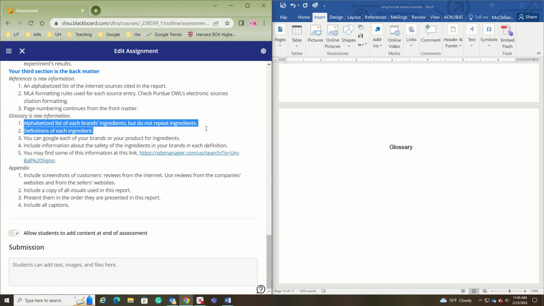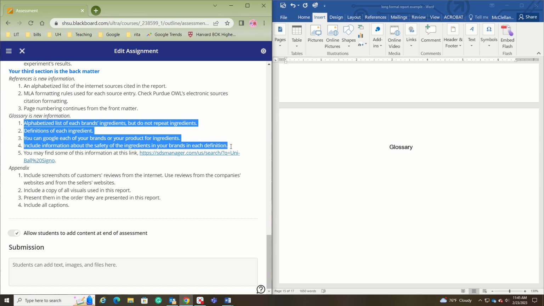You want definitions of each ingredient, and you can Google each of your brands or your products for ingredients, and be sure that you include the information about the safety of ingredients in your brand in each definition. And so you need the SDS sheet for each of your either your product or each of your brands. And I put a link here that you can go to and see that. And then for your appendix,